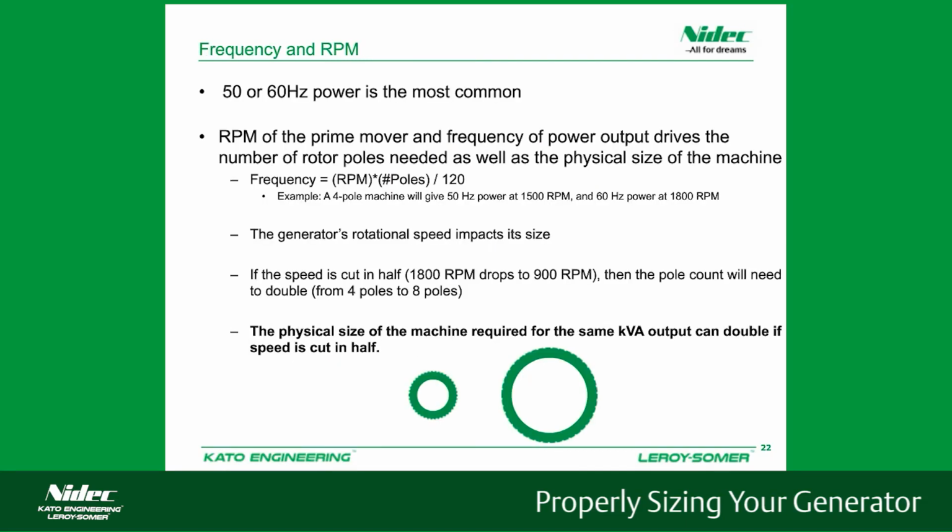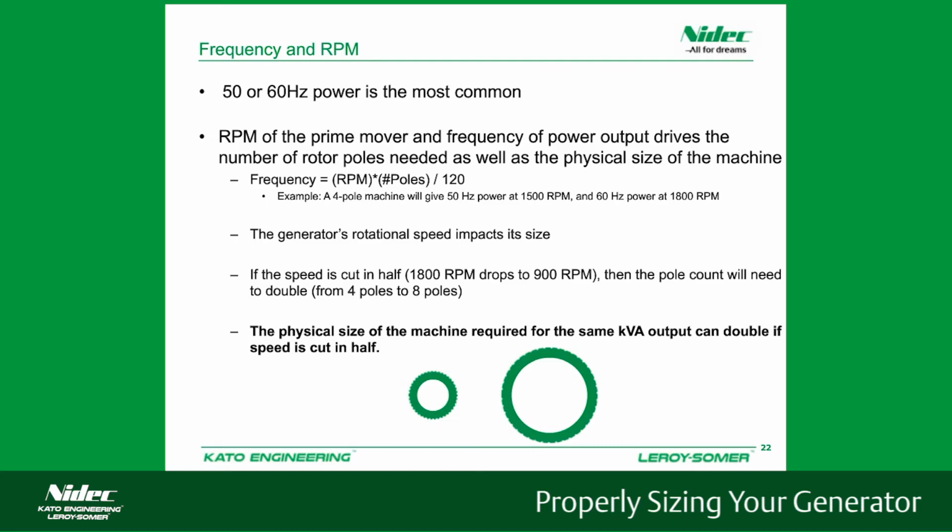So frequency and RPM play a big factor on sizing of a generator. If we spin the generator faster, it's going to produce more power. So a 60 hertz machine will produce roughly the ratio of 60 over 50 more power than a 50 hertz machine of the exact same design. So the RPM of the prime mover and the frequency output drives the number of